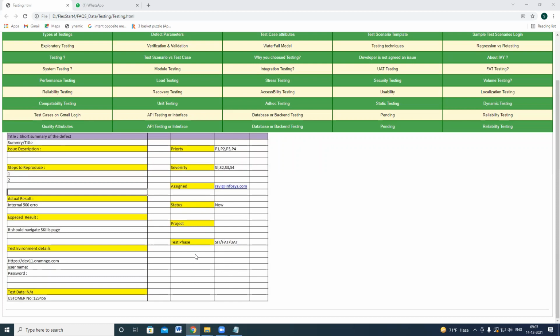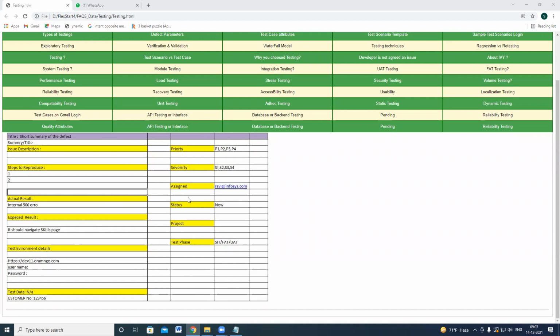Okay, there will be an attachments tab. Whatever snapshot you are capturing, the screenshots from login to whichever pages you have navigated, each and every snapshot you have to place in a Word document, and that document you have to upload here. So you need to navigate to the attachments tab, browse that attachment, and finally click on submit, so that a defect ID number can be generated, 1112 or 1113, 1114, like that. So like that you need to report an issue.